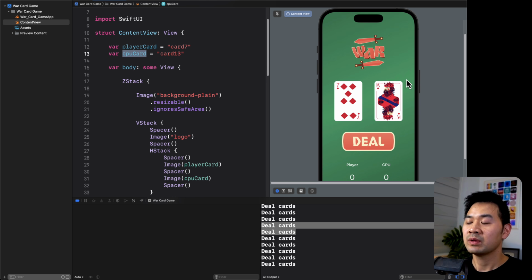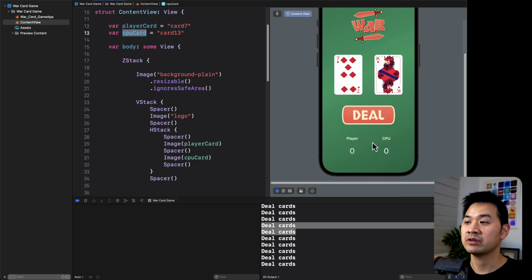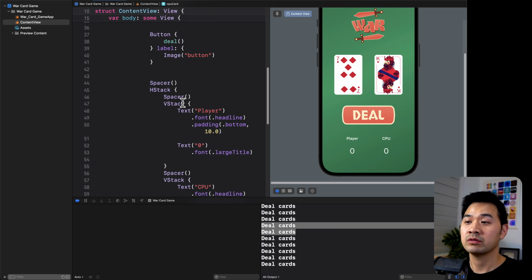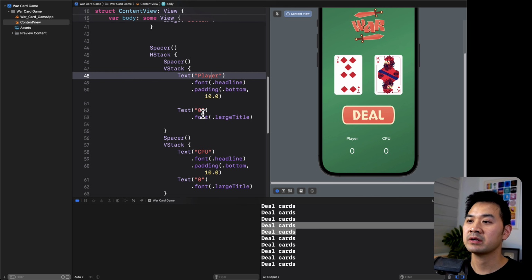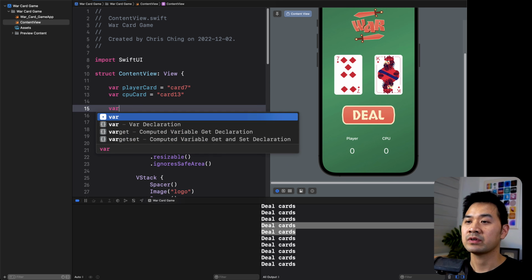Okay, so let's do the same thing for the scores down here, because if you remember when we built this user interface, for the scores, we also used some hard-coded values. So down here under player, we hard-coded 0, and under CPU, we hard-coded another 0. Let's go up here and declare 2 more variables to store those scores. However, this time,